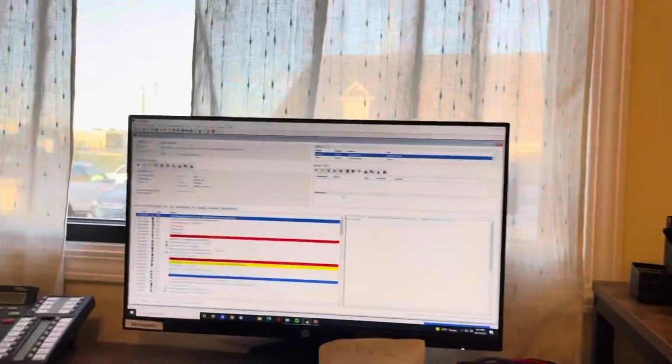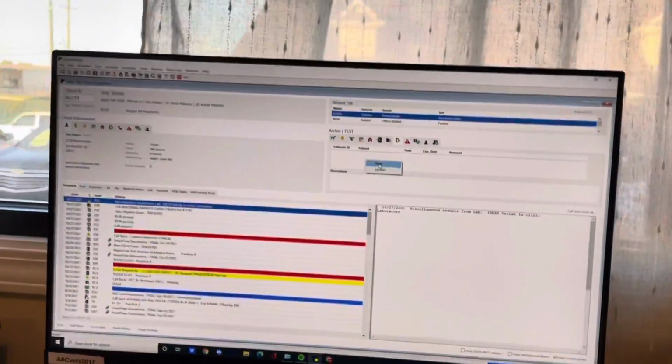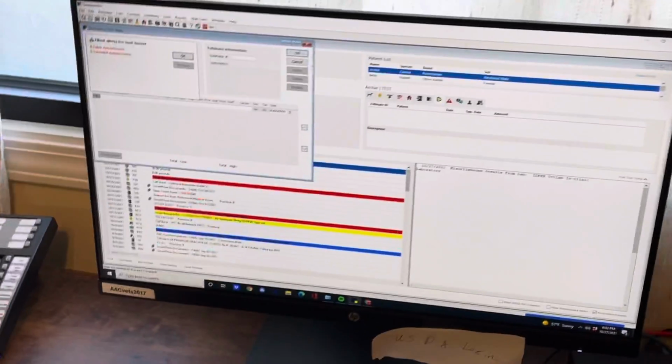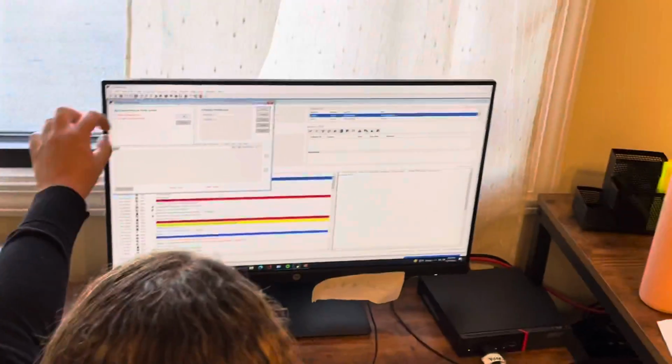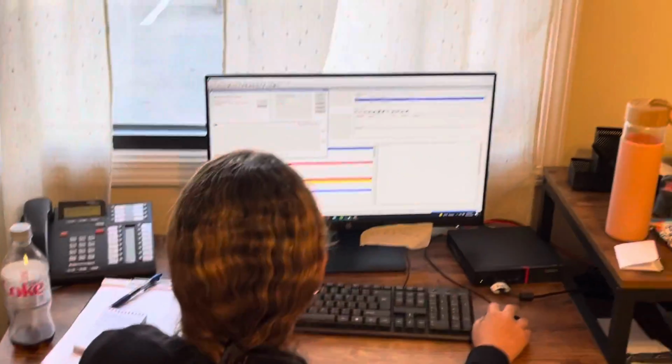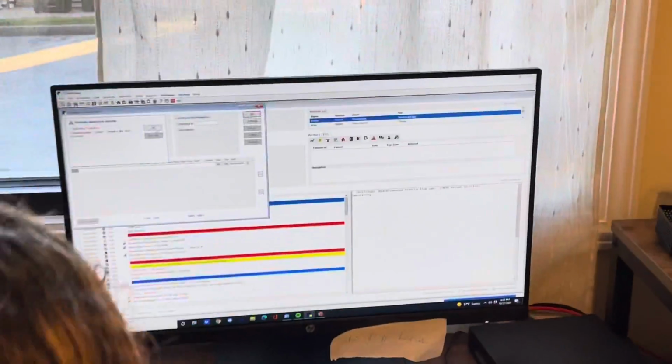Estimates. Okay, so let's make Archie an estimate. All right. So, hitting new. Yep. Again, we got a lot of the pop-ups. Yeah. And that is something that I talked to Carrie yesterday about removing some of those, but